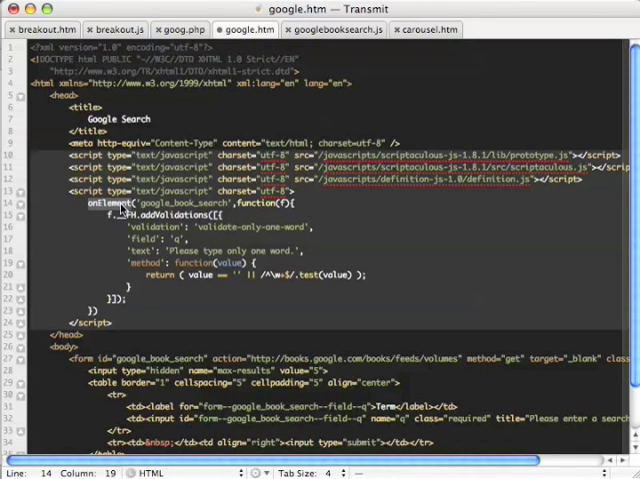And onElement is a periodic check to see if this element actually exists, and once it does exist, it passes that element into our function and then runs some code. So in this case, we're looking for the element called Google Book Search, which is right here. That's our form. When it's found on the page, when it's finally rendered, it will pass it in as f,